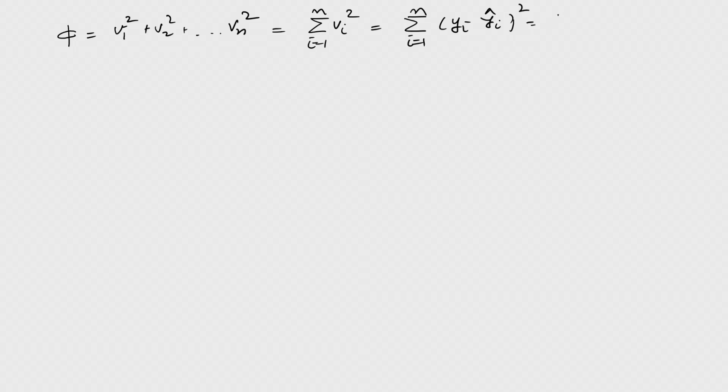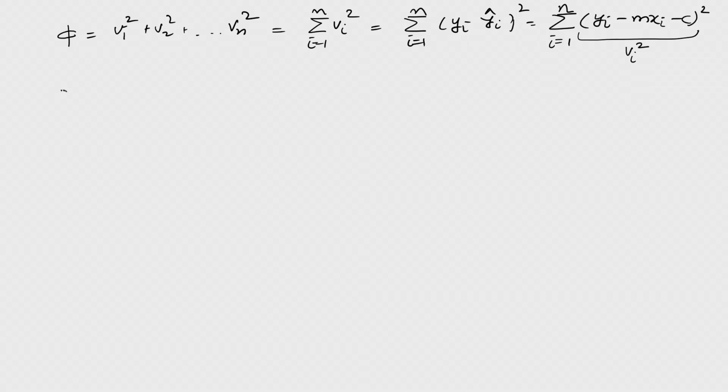V2 square plus Vn square, if you remember, because we have written summation Vi square, i equal to 1 to n, or we also write it like this, summation i equal to 1 to n, yi minus yi hat square, or I am just writing all the possible forms to avoid any confusion, yi minus mxi minus c whole square, right. So, we have already discussed in previous slides. This is nothing but Vi, so Vi square here.